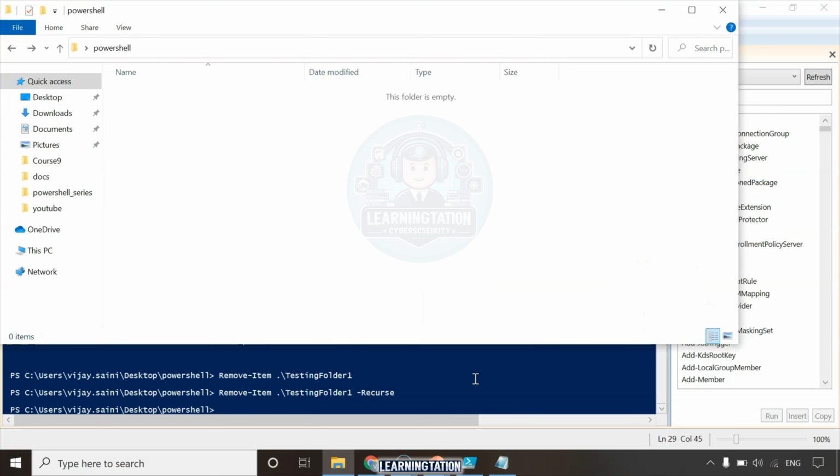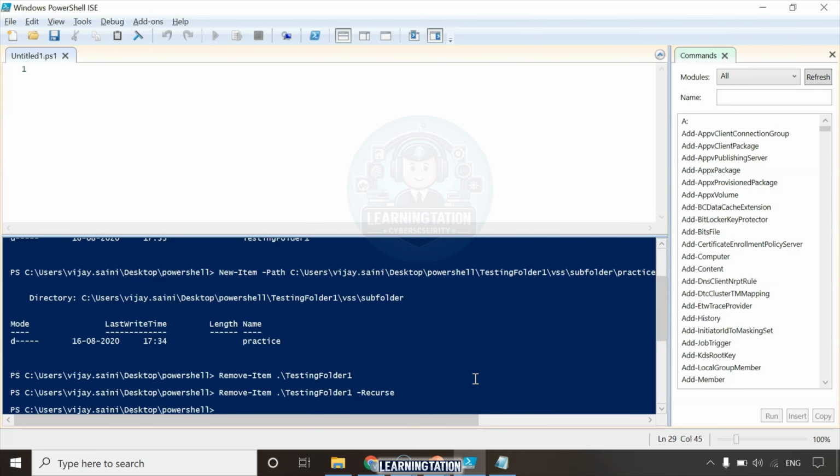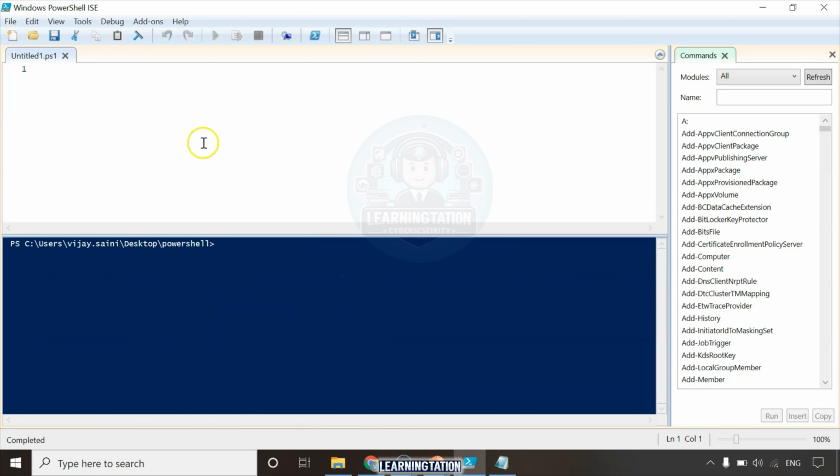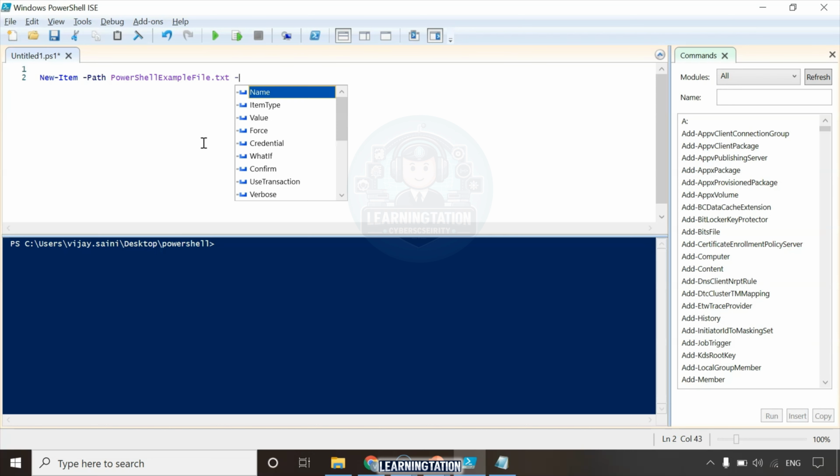Yes. Now let's see how to create a new file. So now you are aware how to create a folder and how to delete a folder. Let's proceed to create a new file this time. So I'm clearing my screen, clear host instead. So new item, and the file I want to specify is, let's say, PowerShell example file .txt, right? Then okay, item type is